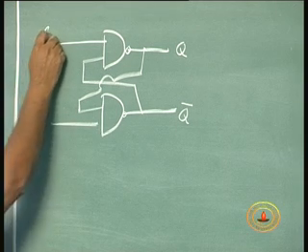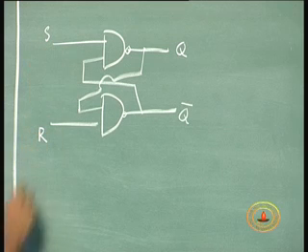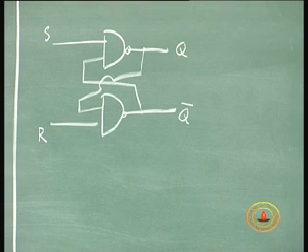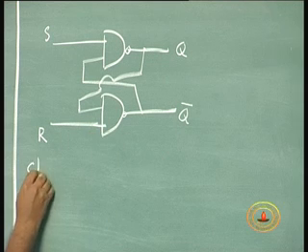This becomes S and this becomes R. Inputs are reversed. And the characteristic table is